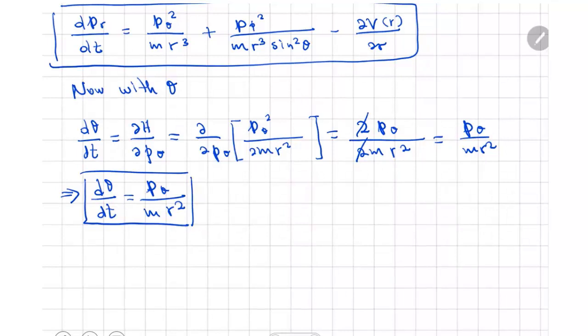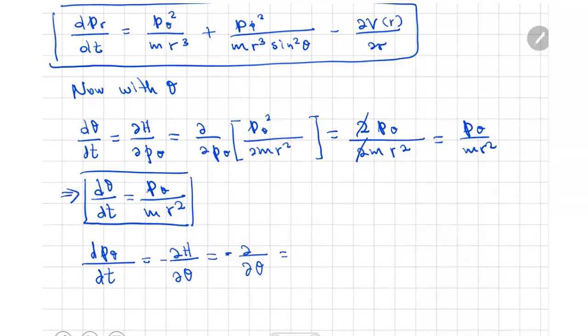Now we go to the second equation of Hamilton, for theta, and that one is dp theta dt equal to minus dH d theta. Well, we get minus the derivative of H with respect to theta equal to, okay, here